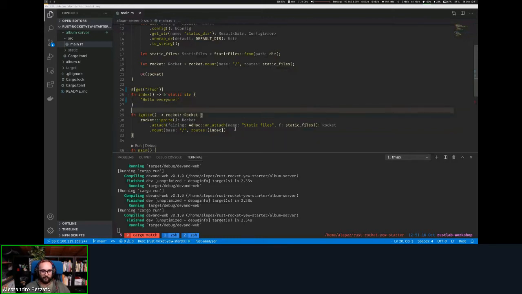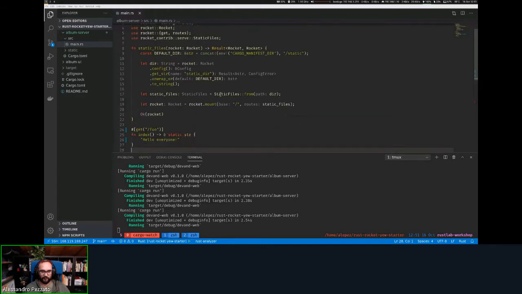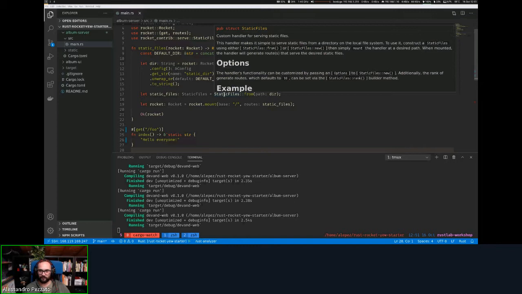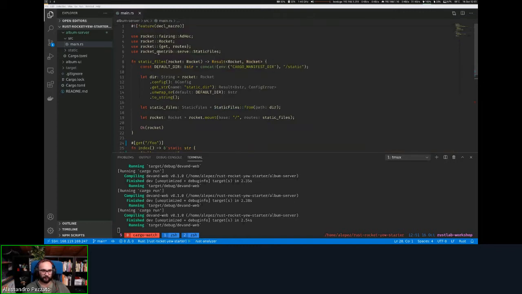It is something that changes the behavior of the web server. In this case, I'm using this fairing. It's called static files and is in Rocket contrib